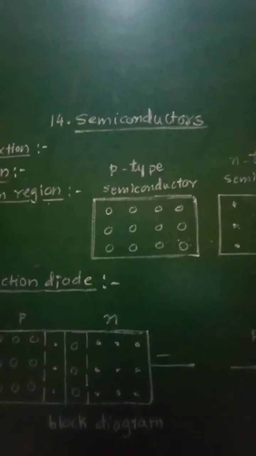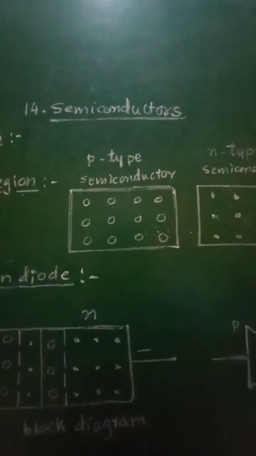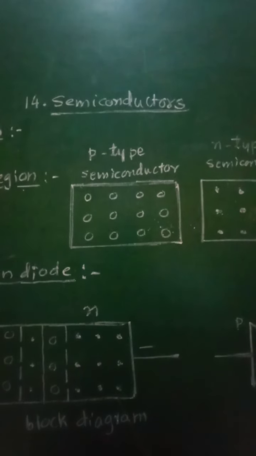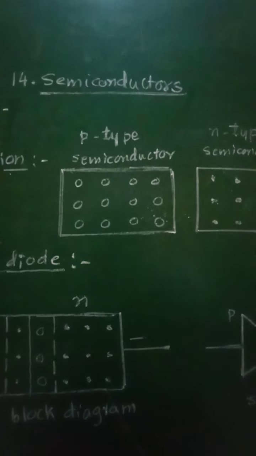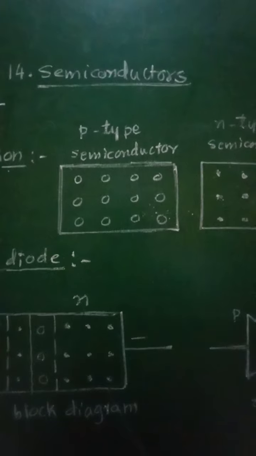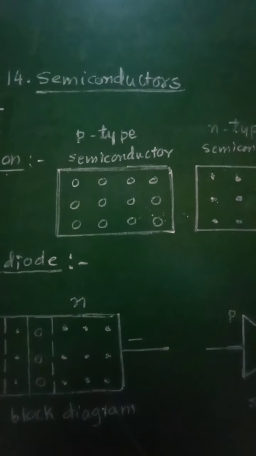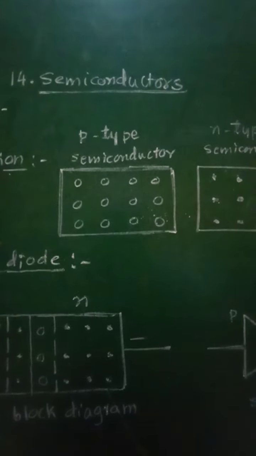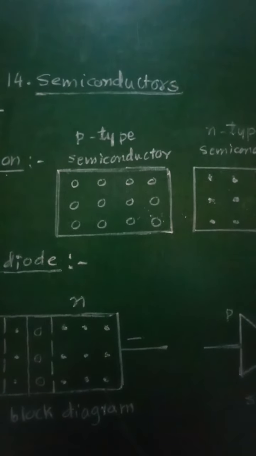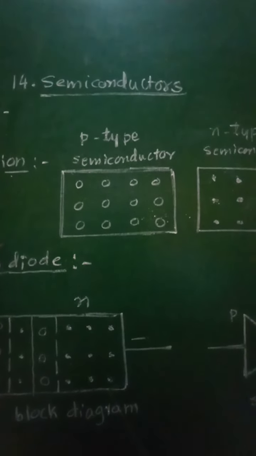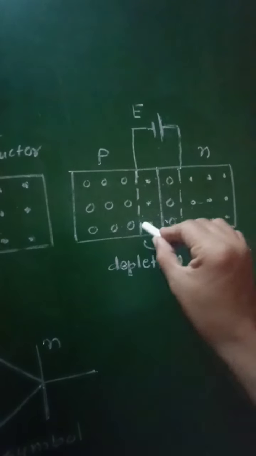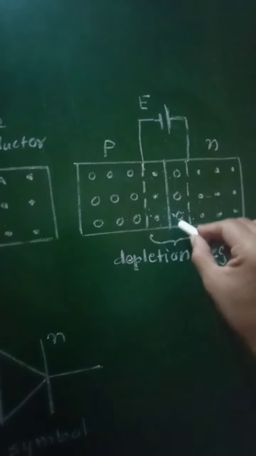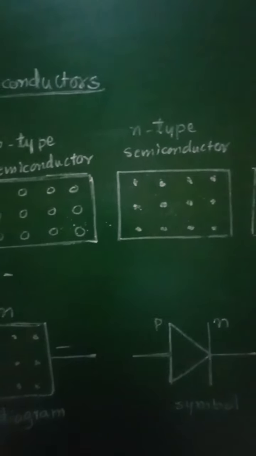Then free charge carriers cannot be present in the region where there is a potential barrier. So within that depletion region, the charge carriers cannot be present, and this region on either side of the junction where there are no free charge carriers is called the depletion region. So in this case there will be no free charges for the conduction of electricity within this depletion region.